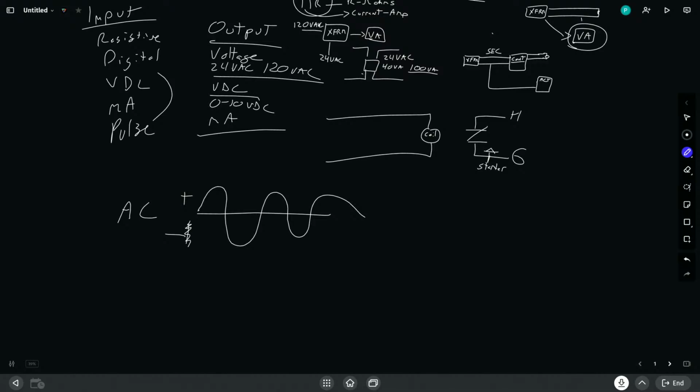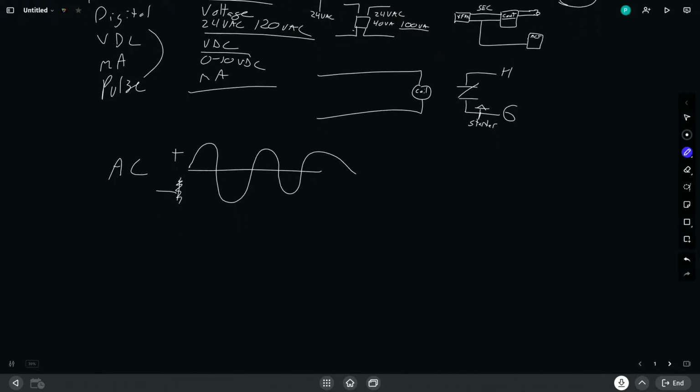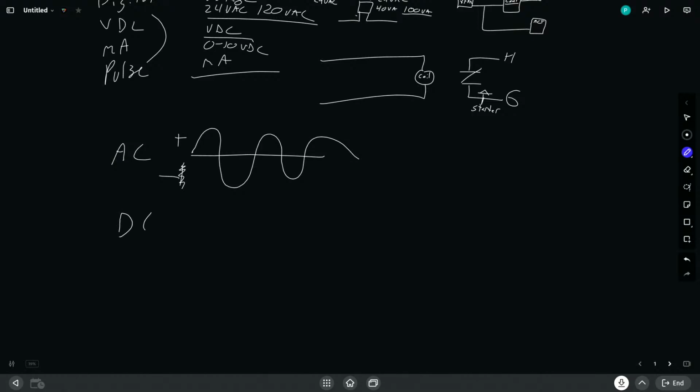So if you were to plug in an AC circuit, it's what's known as polarity insensitive, meaning if you hook up the positive side to the negative side or the negative side to the positive side, it's not really going to matter. Whereas if we use direct current, it's going to look more like a block on an oscilloscope.